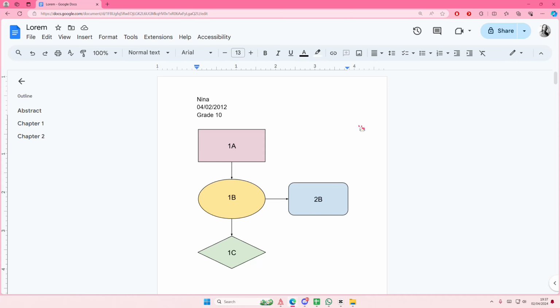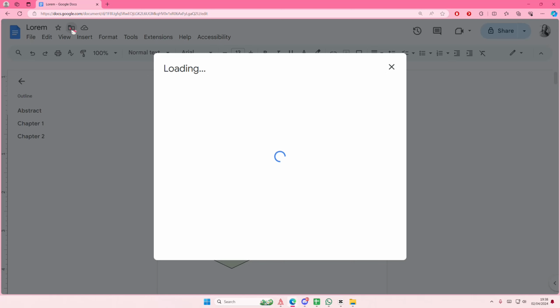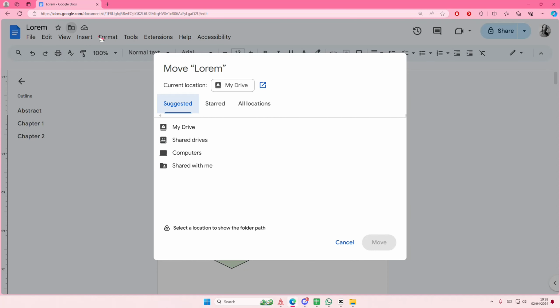In this video, I'll be showing you guys how you can locate where your file folder is on Google Docs or Google Sheets and like your Google Drive. So you're just going to go to your Google Docs document. Then you're going to select the move button, and the current location is in my drive. So here you're just going to open it in new tab, and that's where you're going to find where your